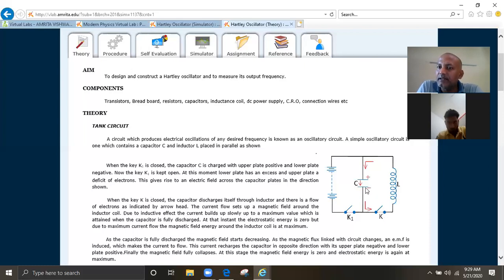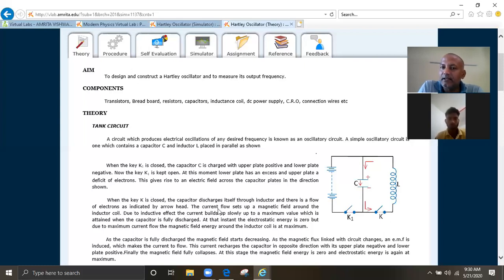This capacitance starts discharging through L and a current flows in this circuit. Due to that current, an induced EMF is produced in L. When the key K is closed, the capacitance discharges itself through the inductor and there is a flow of electrons as indicated by the arrow.